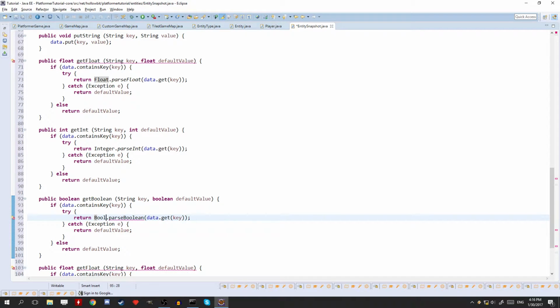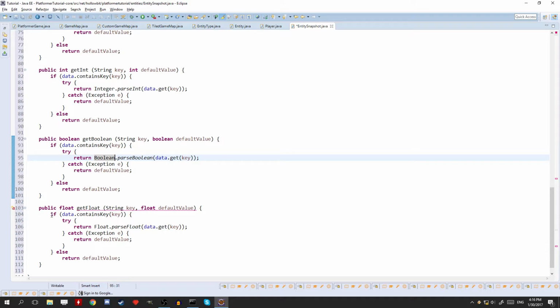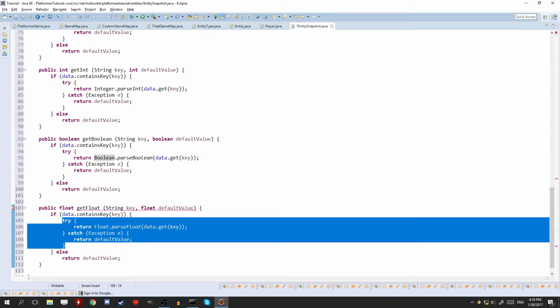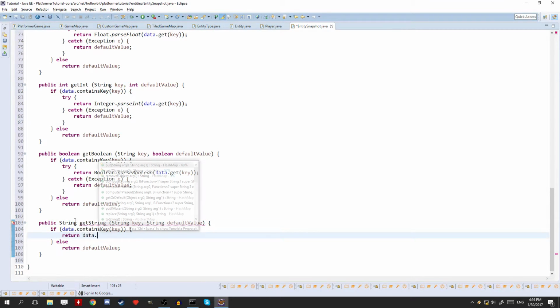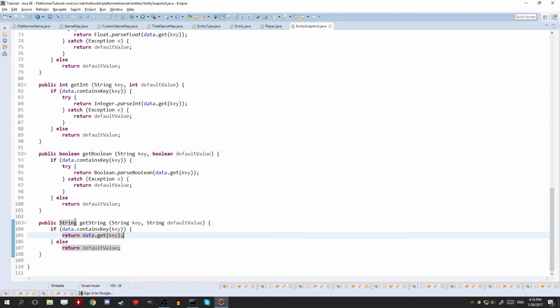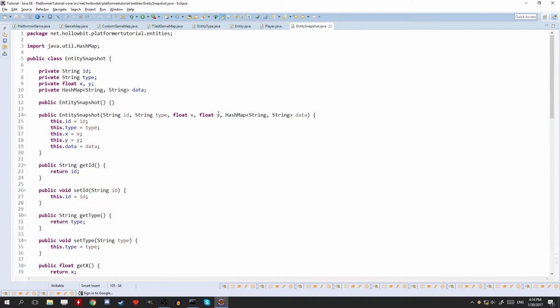Boolean dot parse boolean, and the string one is, we don't even need to parse because it's a string. It already is a string. So